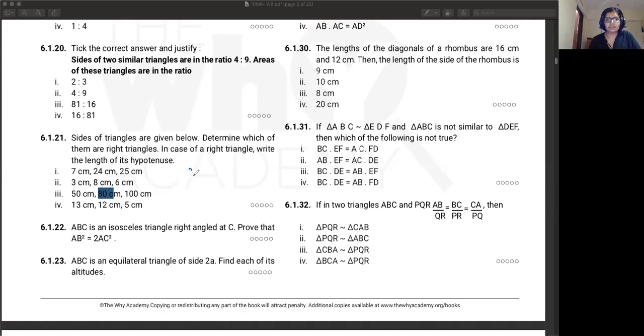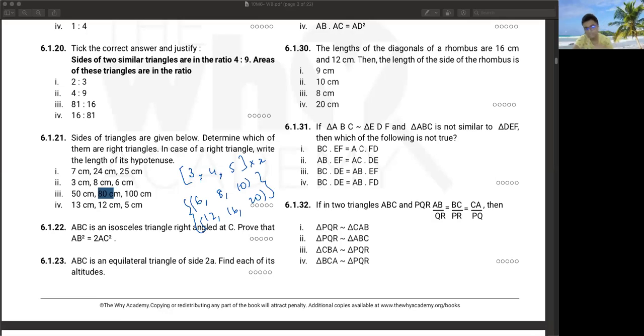For example, you know that 3, 4, 5 are sides of a right angle triangle because 3 square plus 4 square equals 5 square. Then in that case, 6, 8, 10 also will satisfy. Then 12, 16, 20 will also satisfy. Okay? So if there is a Pythagorean triplet, whatever you multiply it by, all the multiples will also be Pythagorean triplets. So that is one thing you can use for identifying. That's what Sanat was mentioning.